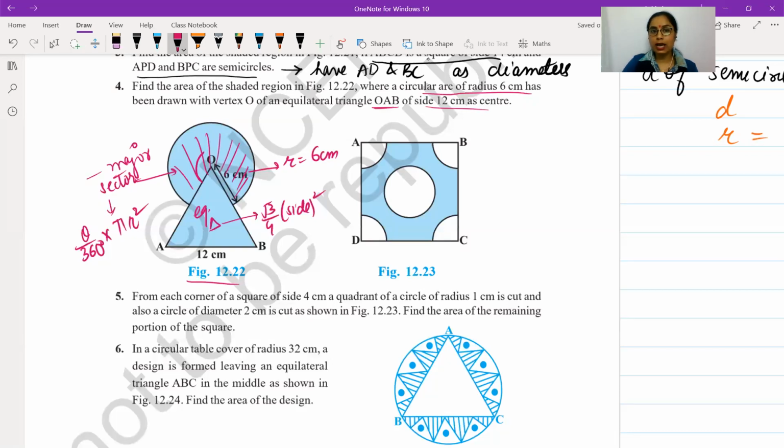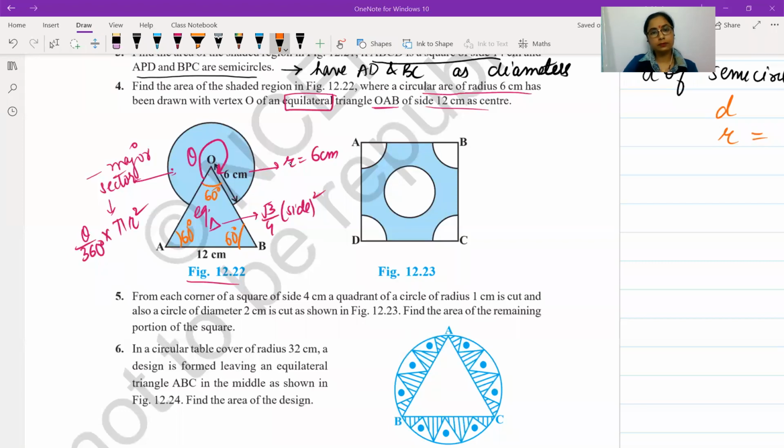Because of looking at the angle formed at the center. If I check the value of theta here, if I look at what theta would be for this sector, I would know that this sector is a major sector. So this is the theta here. Can anyone tell me how we are going to find out theta? We will be using that the angle of an equilateral triangle is 60 degrees. So the angles formed here are 60 degrees each.